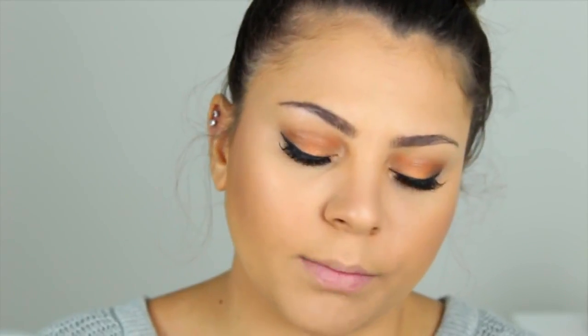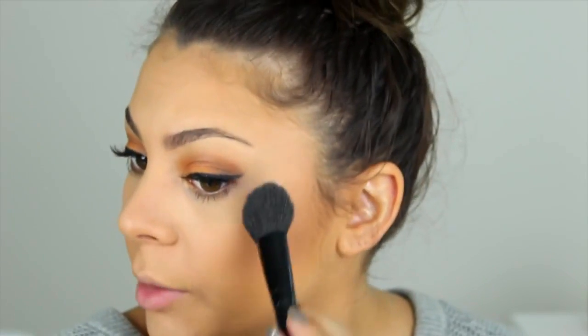And this definitely is a bit of a more subtle highlight. I typically prefer something a little more intense, but this is still really pretty. And then I'm just gonna take some of the lighter shades on my fingertip, put that on the tip of my nose, and